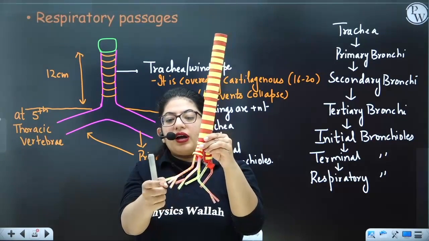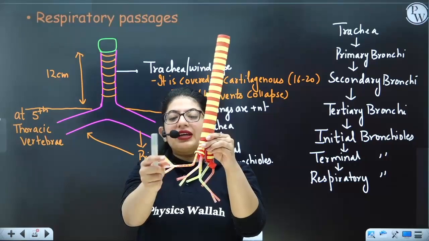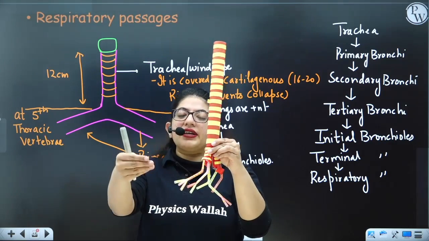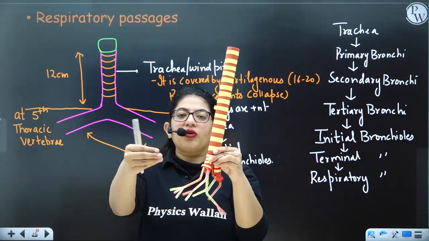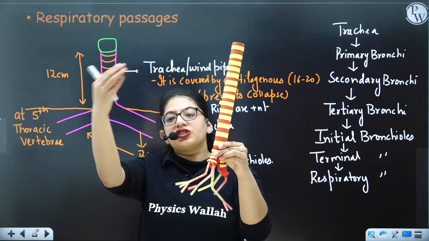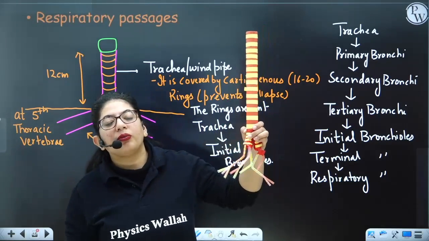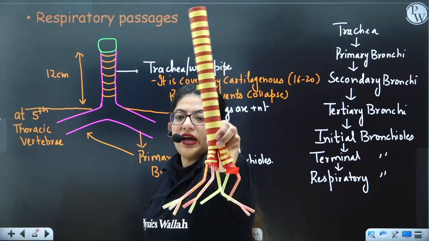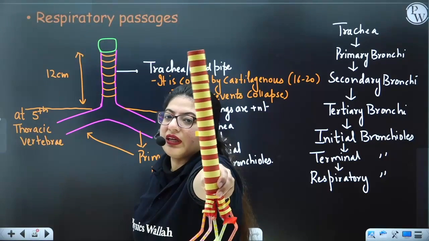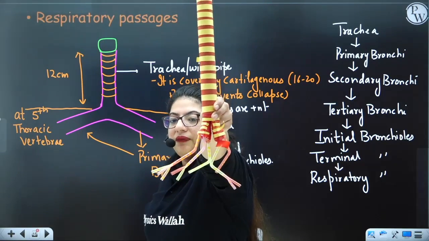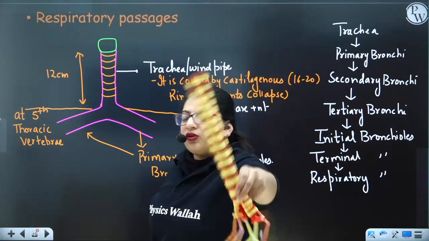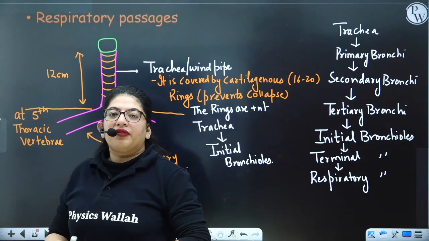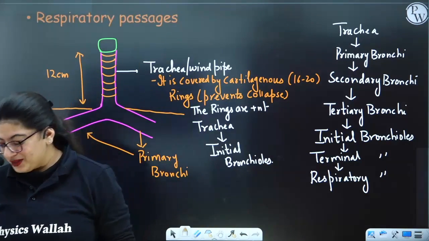These primary bronchi, they're opening into the secondary bronchi, and later on, just like this, the secondary bronchi will open into tertiary, and tertiary will open into what? It will open into the bronchioles, right? You can see it. If you just can't see it, I'm just making it nearer to the camera. Fine. Okay. So you can also try this at home if you have enough time. If you don't have, you can just use this.